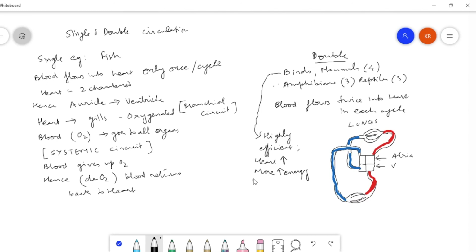For most of these animals, in fact all these animals are warm-blooded, or we use the term homeotherms. Whereas amphibians and reptiles are what we call cold-blooded or